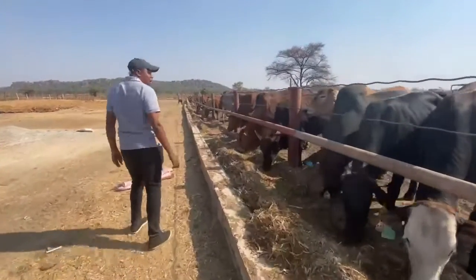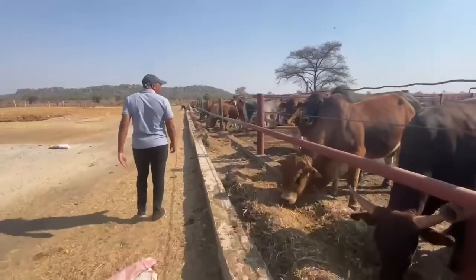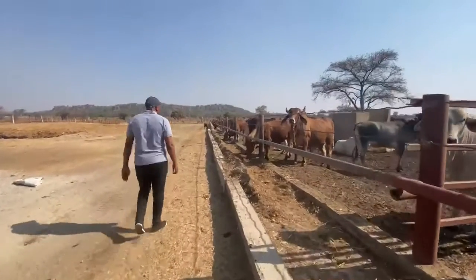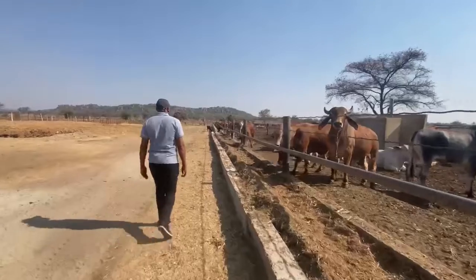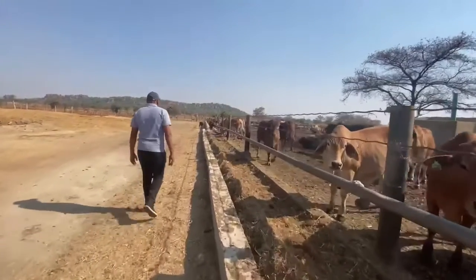But I'll now take you to an ideal feed trough. A farmer must actually consider when you are establishing a feedlot